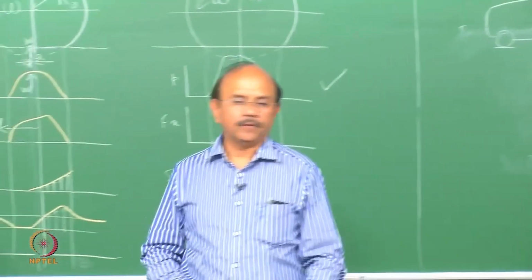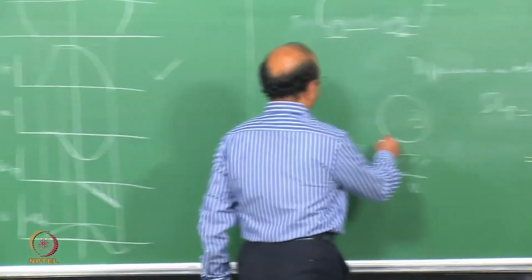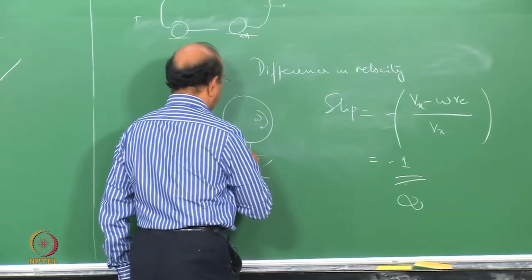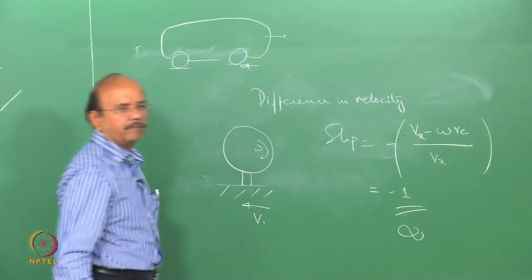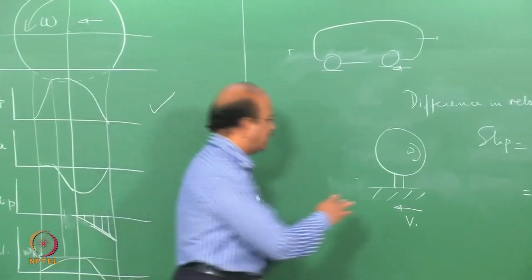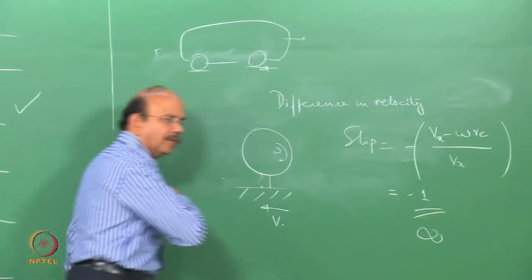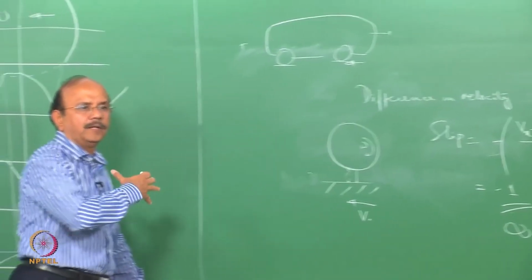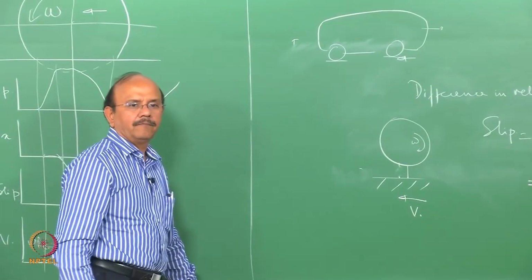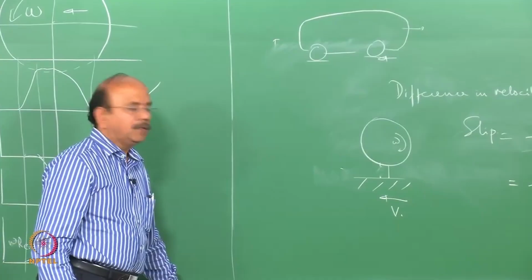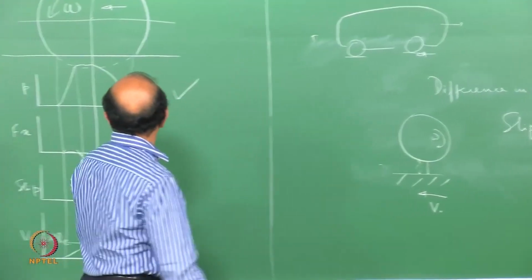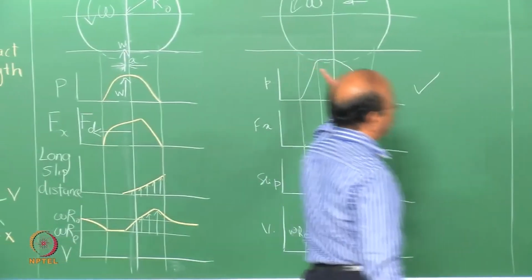There are a number of these bristles which are going to come and sit on the ground. Let's just understand one of them, and then we'll extend it to a much larger set. Now my velocity is in this direction,